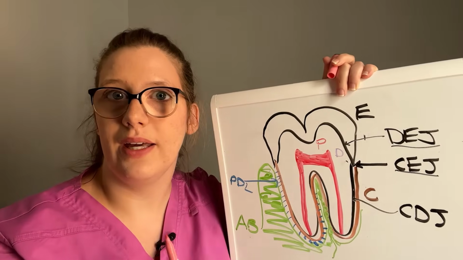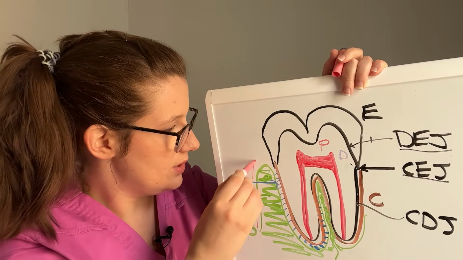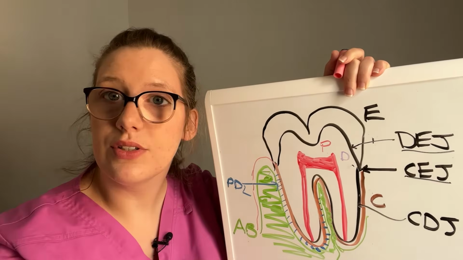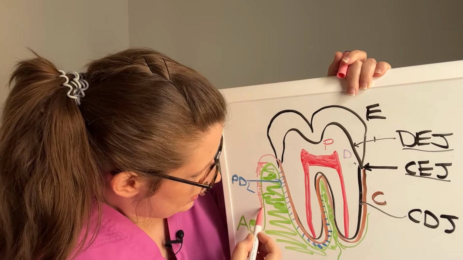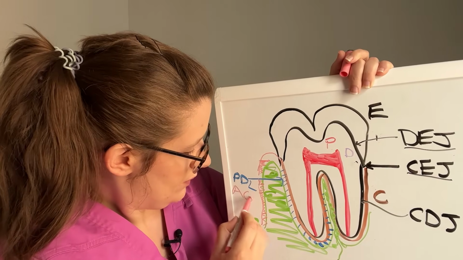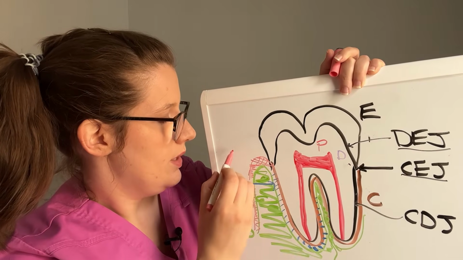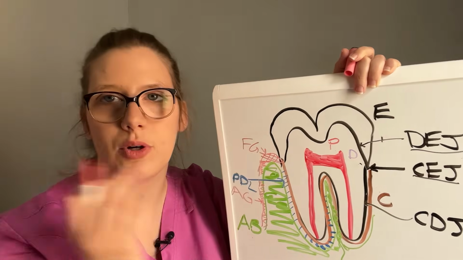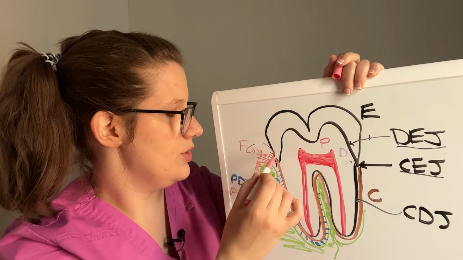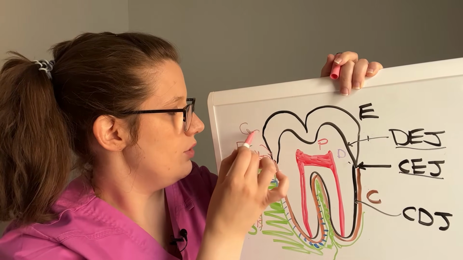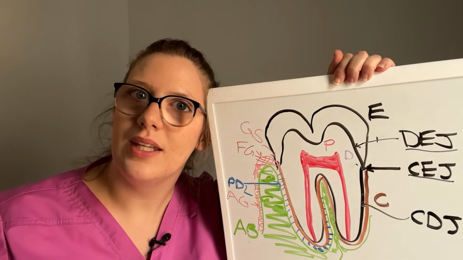And finally, I'm going to draw the gingiva, which is that pink gum tissue. So the pink soft tissue that covers the bone that surrounds the roots of the teeth. So I'm going to use something that's pink. Hopefully you can see it. That just covers the bone. The part that is bound to the bone is the attached gingiva. And the part here that is not attached to the bone is the free gingiva. And that forms like a collar around the tooth. And there's a potential space between the free gingiva and the tooth right there, and that is the gingival sulcus. And there you go, a review of all the parts of the teeth that you can now diagram for your